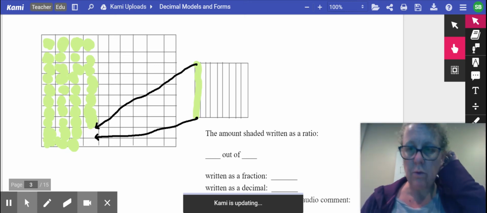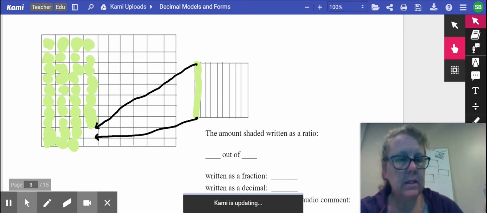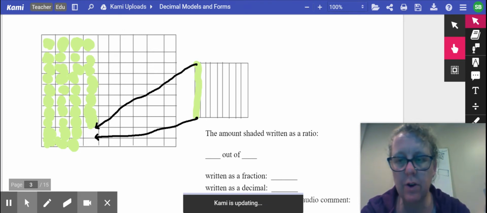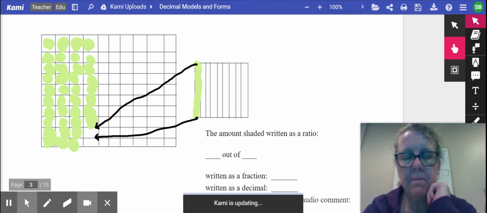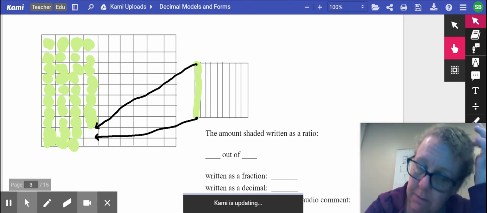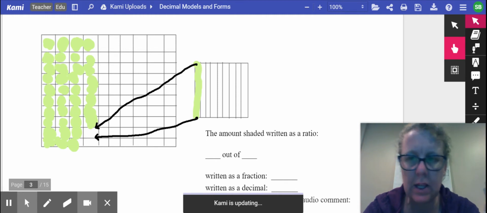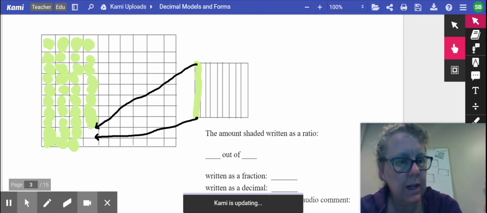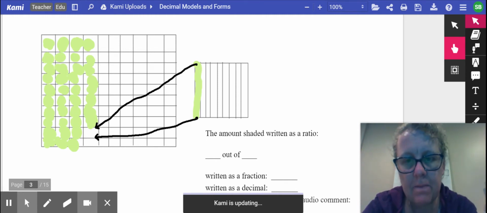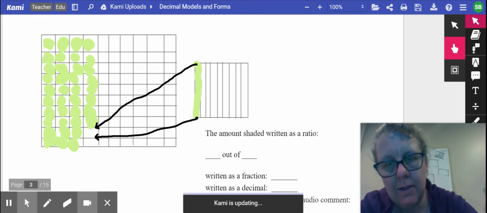All right, I would like to show one more problem from this same math paper. This is the third one, page 3, out of 15. And this one has this strange inset. Now, if we look closely, this is still cut into 100 pieces, that main square, but now suddenly this piece